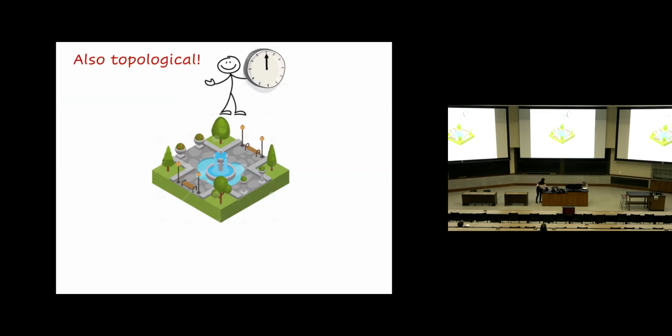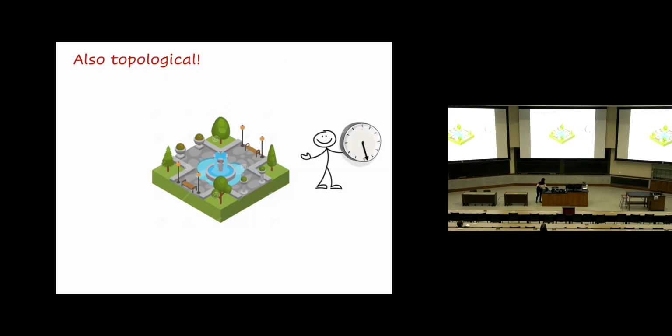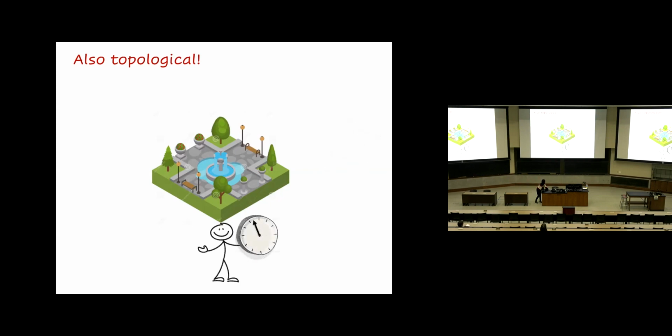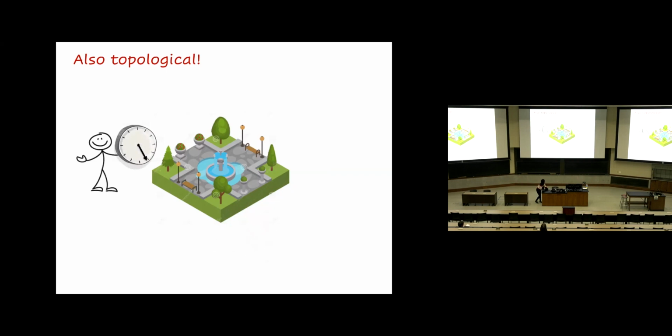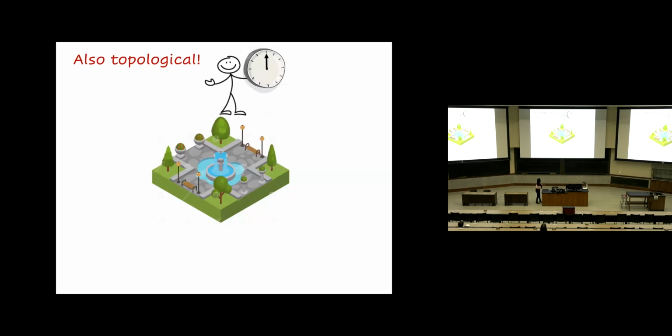Now you see that pattern. Another example that is also topological is when you have to pay attention to where it's pointing. And then now it rotates, it rotates back, and then it rotates down again. And then in the end, it's back. So during that journey, that clock rotates twice. It winds twice. So this is also topological. So as long as it winds an integer number of times, it's called topological. That's my definition. That's actually people's definition.